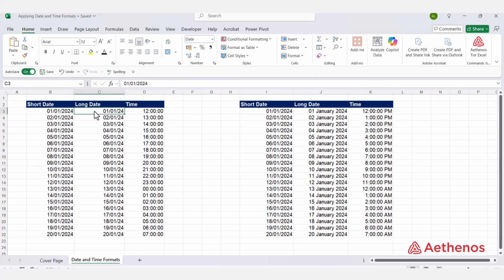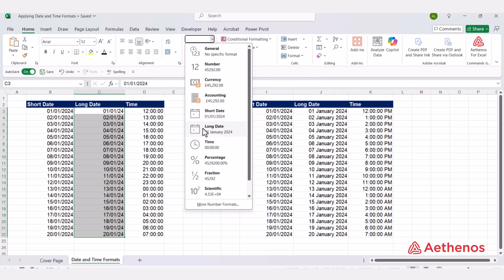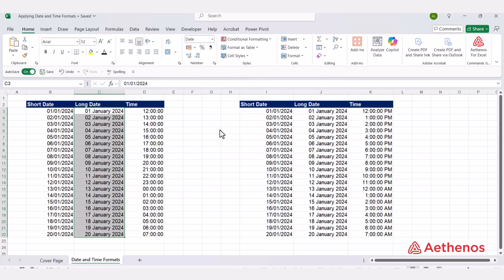And these dates, let's change them to long date. Go here and select long date format. So that is the long date format. But in addition to this, there's lots of other date formats we can apply. So if you come here, let's say select this one, and we go to the